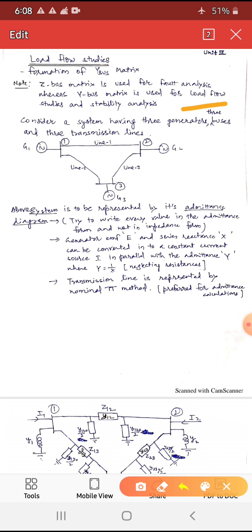Now let's consider a three bus system in which three generators are there and three transmission lines are there. So let's consider this system. Now in this system we have to represent the given system by the admittance diagram, or we can say the impedance diagram. So that impedance diagram is basically we have to move one step forward, and then we have to represent it in admittance diagram. So we have to try to write every value in its admittance form and not in impedance form. So we have to represent the whole system by its